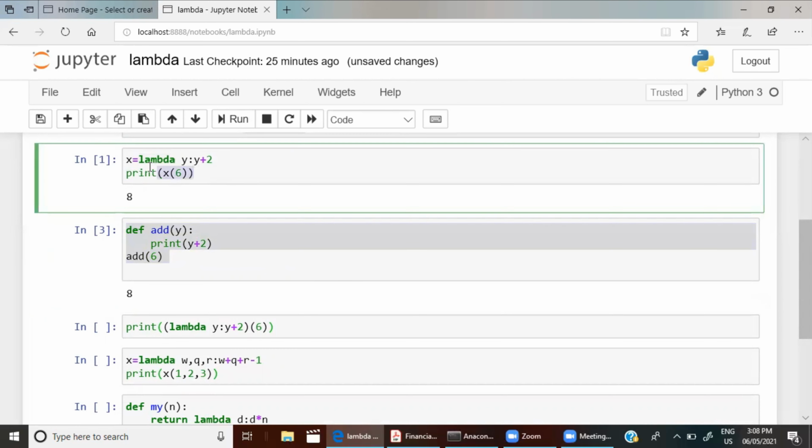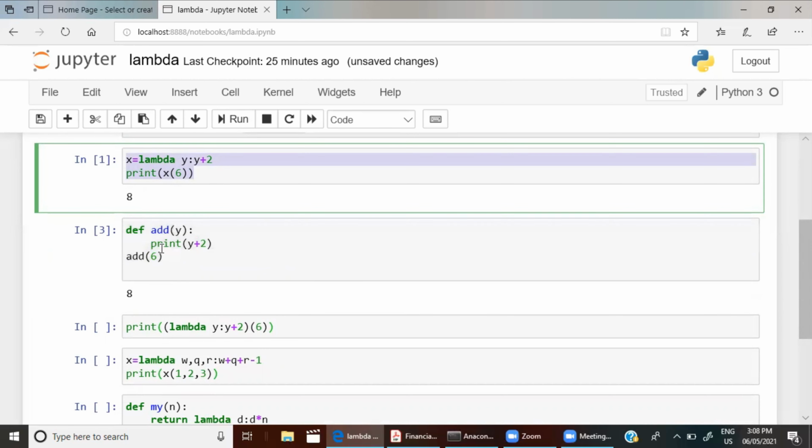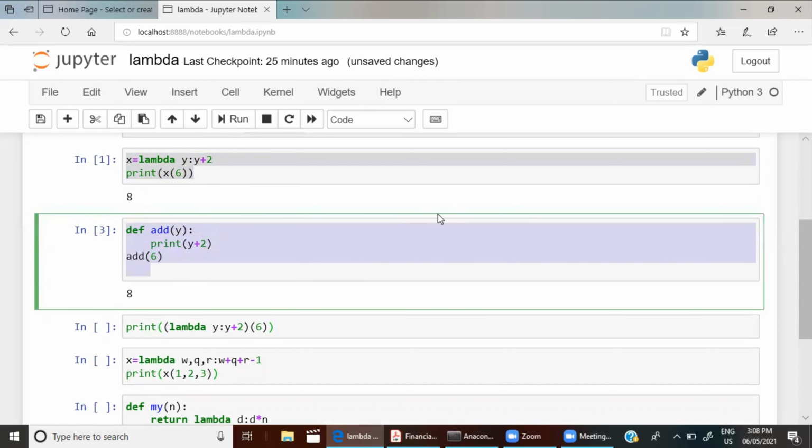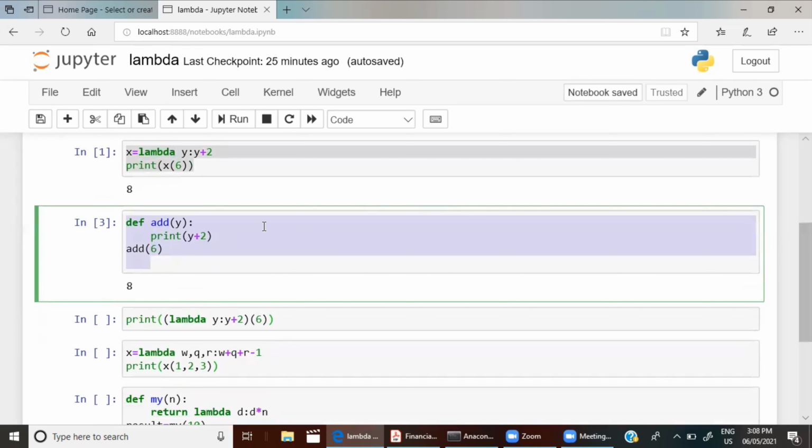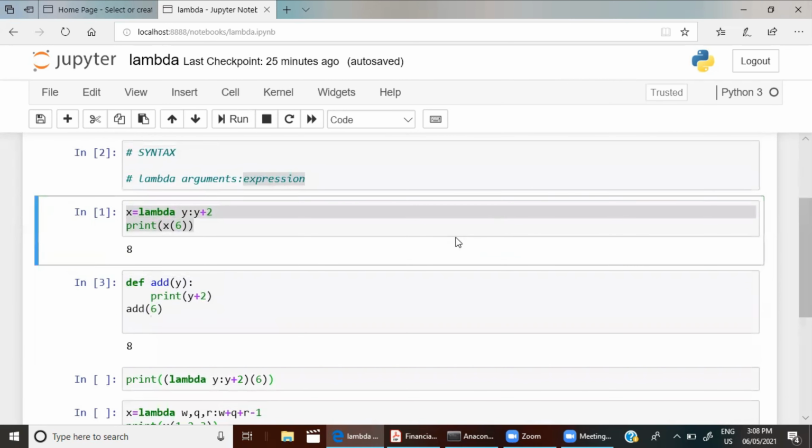So there's a trick, you can also reduce it to a single line. That's why lambda is preferred in many cases. If you go for any advanced Python, lambda will be preferred over this normal function. So let's see how to write it in a single line of code. If you understand this cell, then a single line of code will be very easy for you.